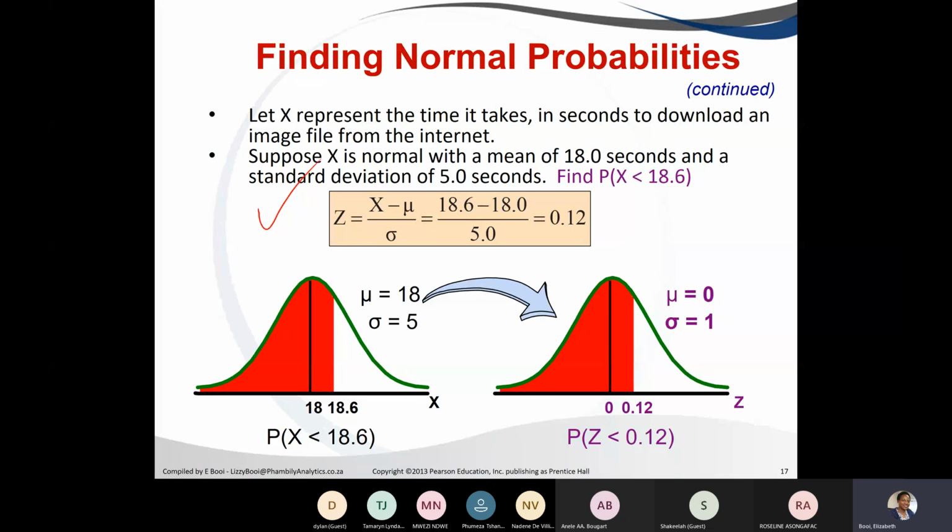We calculate the Z value. We know that our mean was 18, our standard deviation was 5, and in the question they asked us to find the probability of X less than 18.6. We substitute into the formula: 18.6 minus 18 divided by 5